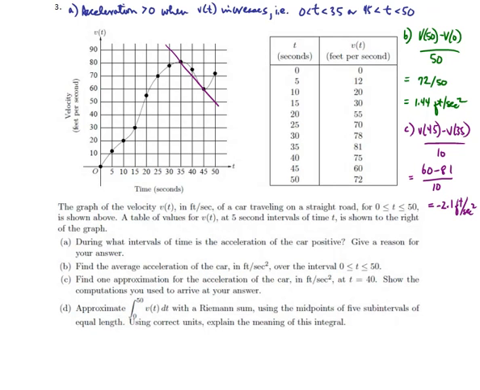Approximate the integral from 0 to 50 of v of t dt with a Riemann sum. The integral of v of t dt is just the area under the velocity curve from 0 to 50. Approximating it with a Riemann sum just means to use rectangular areas, and for those rectangular areas we're going to use the midpoint of each of 5 subintervals of equal length as the height of the respective rectangles. So one of the first things that I will do is to delineate the subintervals there,